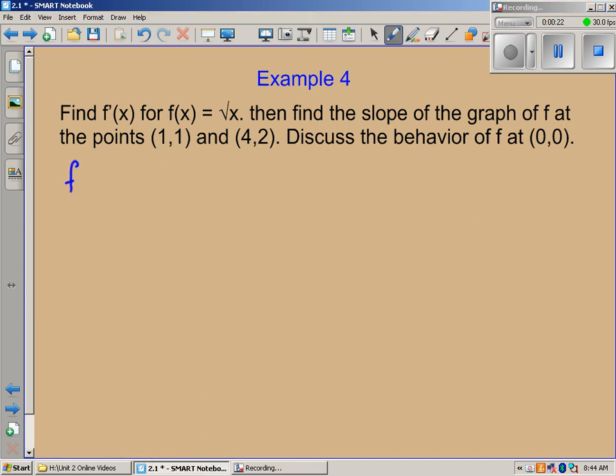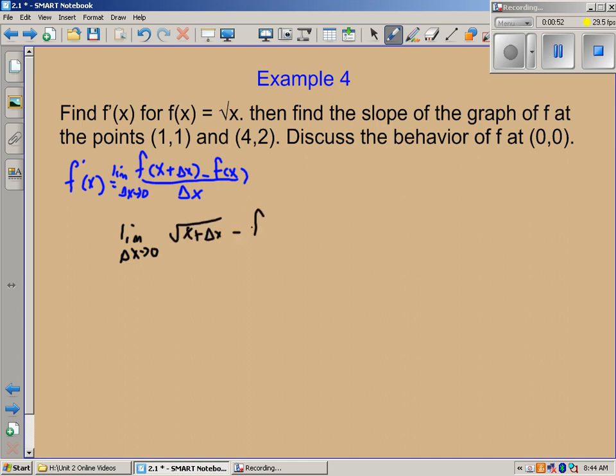And remember, the derivative of a function uses the formula f of x plus delta x minus f of x all over delta x, and that's the limit process. I forgot that, the limit as delta x goes to 0. And so we are going to plug in what we know up here, and by doing that we're going to say the limit as delta x goes to 0 of the square root of x plus delta x minus the square root of x